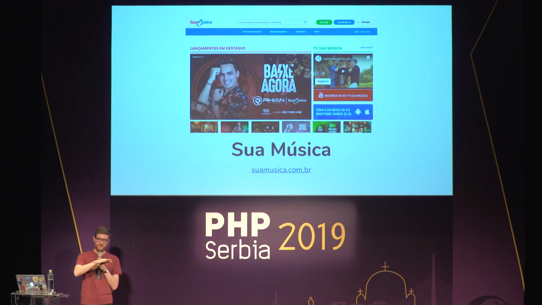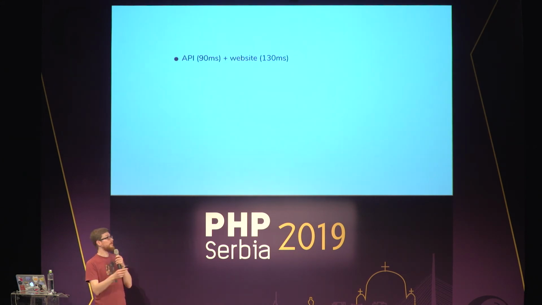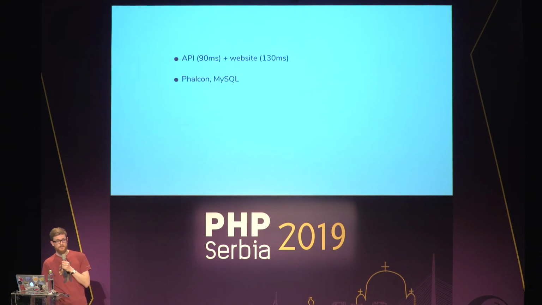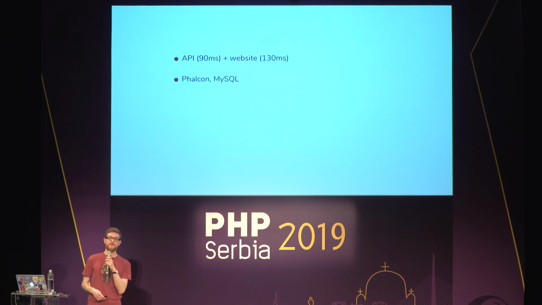They run with PHP on Amazon Lambda, and they want to use Bref because they don't want to maintain PHP by themselves. So, PHP and Amazon Lambda, they have the website, and they have the API, and they have pretty good response times. So for them, it works. It works fine. They use Falcon, and interestingly, they use MySQL. So they are in the red or orange thing that I showed earlier, but for them it works really fine. I asked the person,